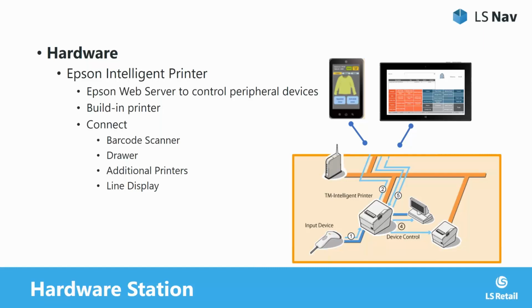So you connect the printer, the scanner to the printer, custom display also, and even a secondary printer to this device. And then the service tier or the web POS, a tablet, will send a request to the printer, and the printer, for example, will give back the input that was coming from the scanner, or print out a slip or anything like that. So this gives you the opportunity to open a store,